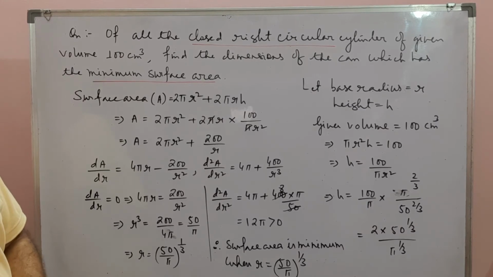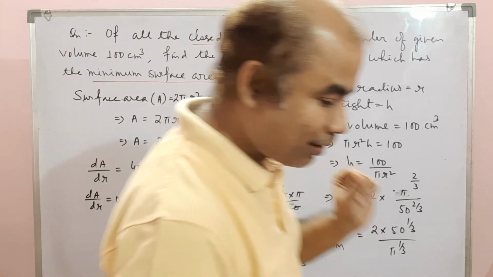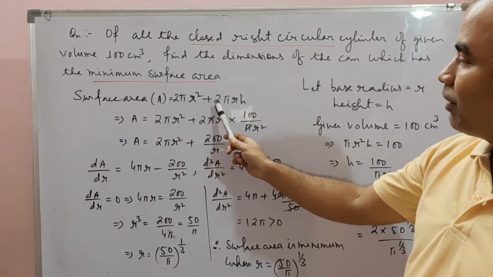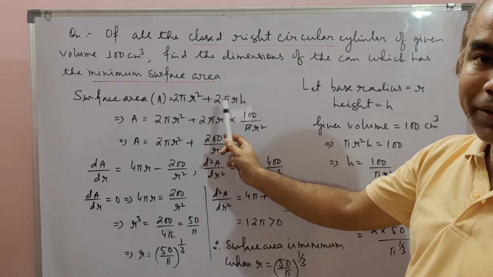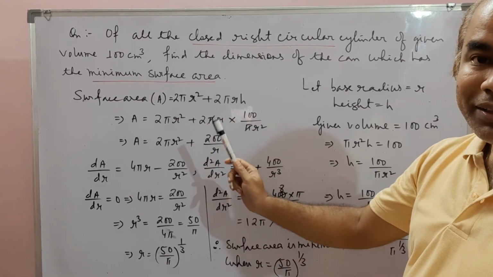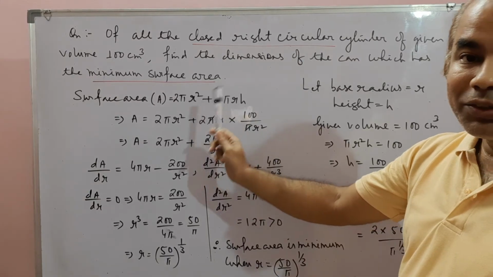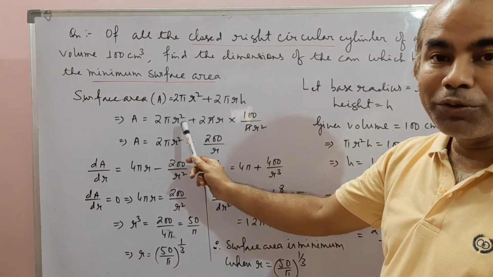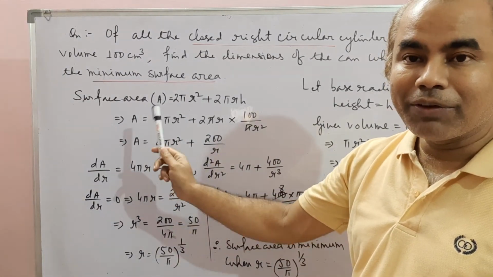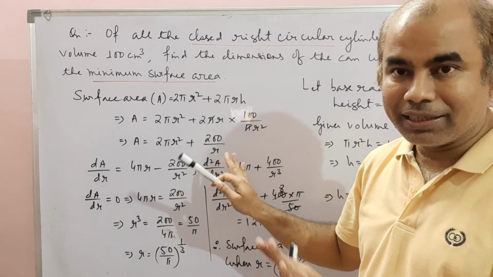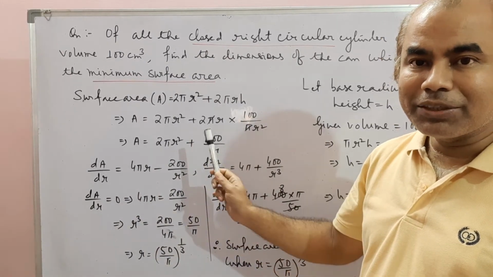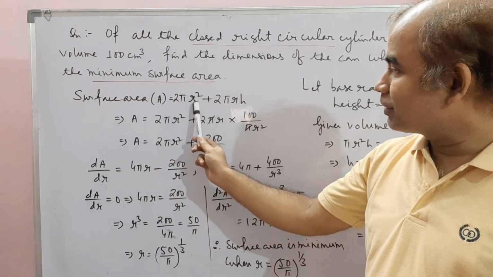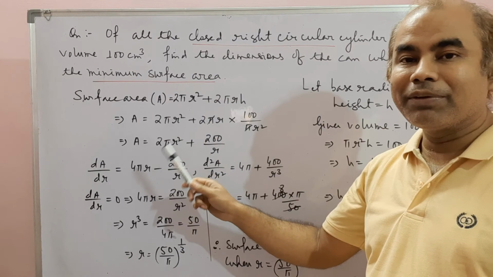Clear? So you see, once again, in this example, your question is regarding the surface area of a cylinder, and the formula of surface area of a cylinder, you know this one. It has two values r and h, both are unknown here, so it becomes a function of two variables. So what you have to do in this type of problem, you have to reduce it to a function of one variable, because you don't know how to find the derivative of a function of two variables in this chapter. Okay, so how to reduce it, always there will be a condition between these two variables, so that you can reduce one variable in terms of another.